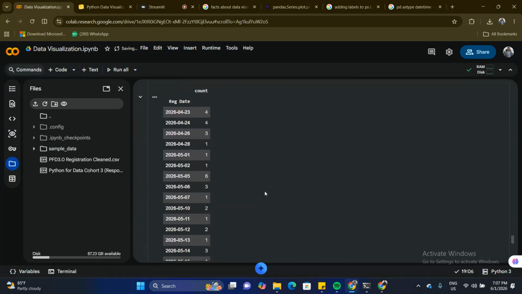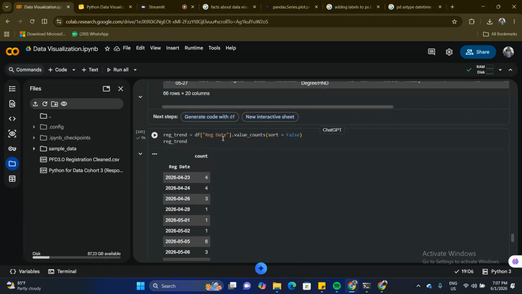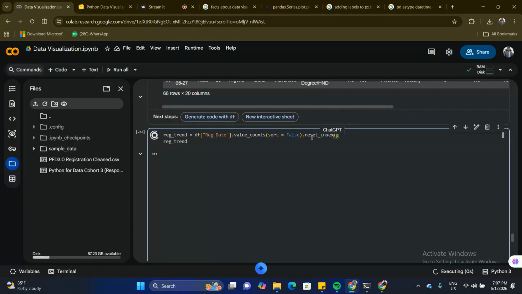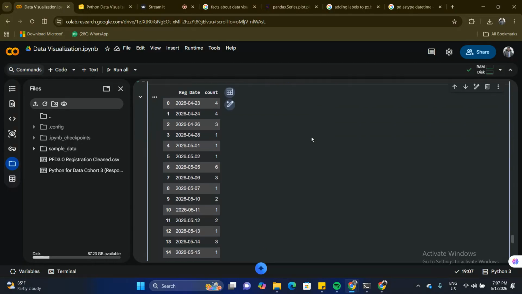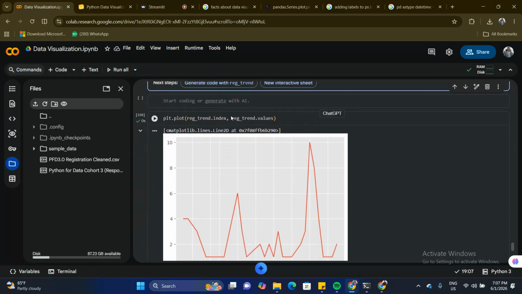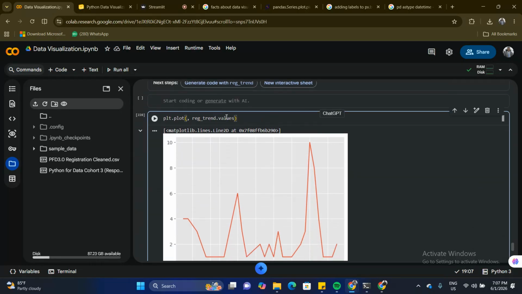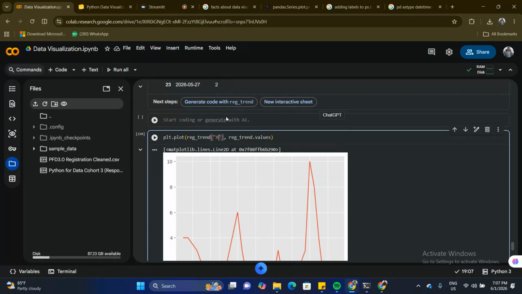This will have to be, except if by any means I decide to reset index here, which you can do in one place. Reset index. You run this, it should give you a better red trend. And then when we come here now, our x will now become red trend. Since red trend has now become a data frame, we're going to call the name of the column, which is red dates, right? And then this guy now will be red trend